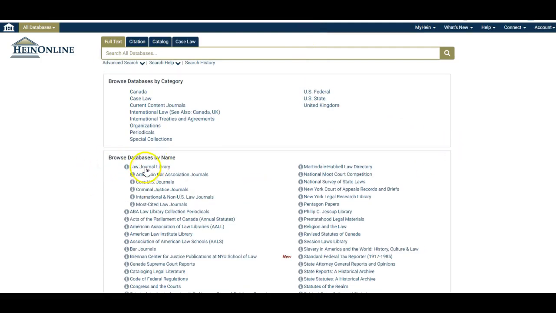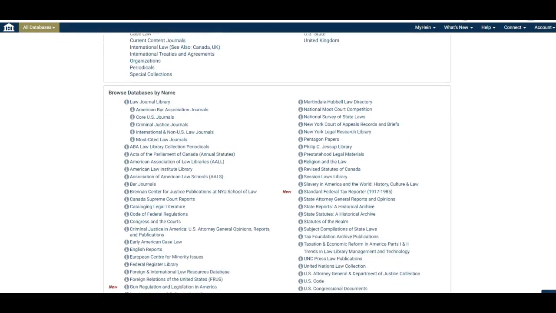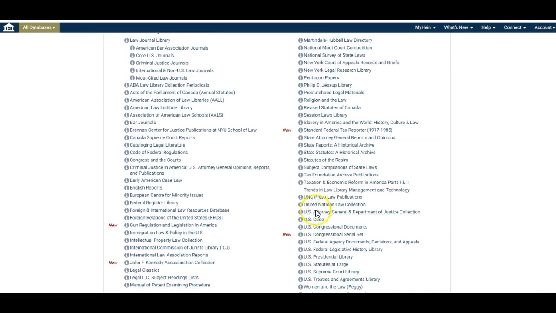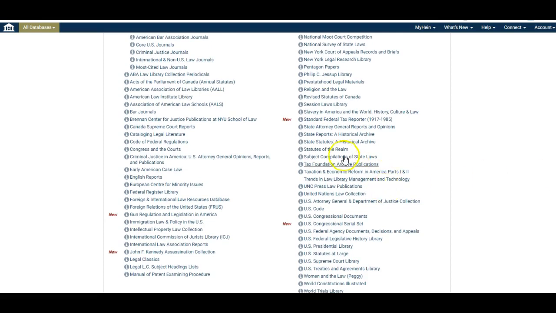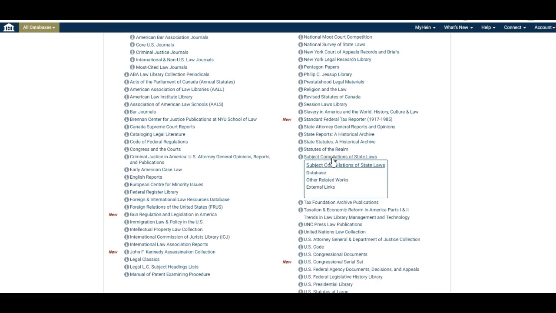and we've been looking at the Law Journal Library. We looked briefly at the U.S. Code. To access the state surveys, you'd have to know, which is a little confusing or at least not intuitive, to look under subject compilation of state laws. But once you do that, you can go to the database